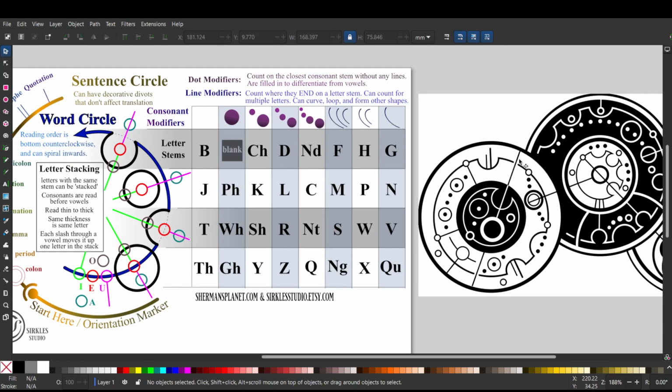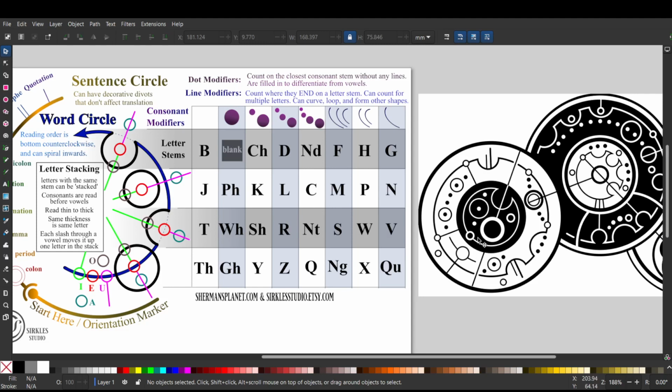And then we have a little space here between our 2 words, so Lawrence, and then we have a W, I, 1, 2, 3 dots on this L, 1, 2, 3 dots on that L, so just like these L's, an I with a line going inwards, an A outside the word circle just like that one, and then 1, 2, 3 line modifiers on our M. So here's the 3 lines on the M, here's the A outside, the I has a line going inwards, so yeah. So L-A-W-R-E-N-C stack E, Lawrence,